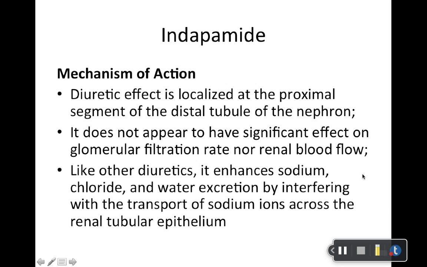Indapamide, another one that you see a little bit, maybe if you end up practicing in Europe, you never know. Think big, my students. And the reason I mention that too is because this is what the guidelines say, up to date. It's not like I've been there practicing or anything. But anyways,